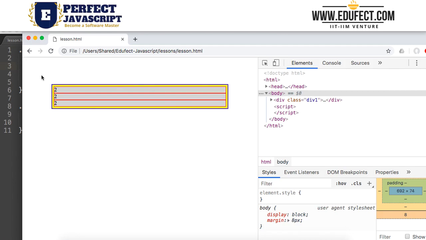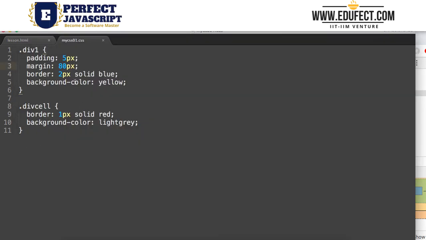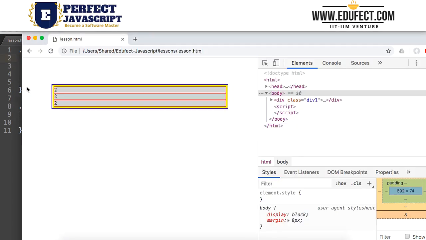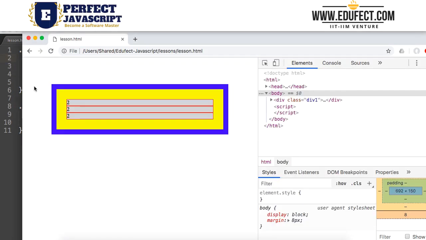So this space is the margin space. This is the border, and this is the padding. Let's increase all of them so that we can make it out. Let's make this 15 and let's make this 30. So this space is the margin, this is the border, and this is the padding.